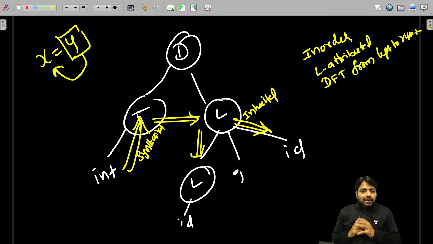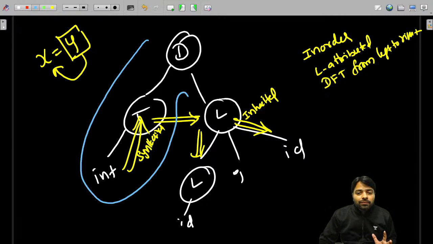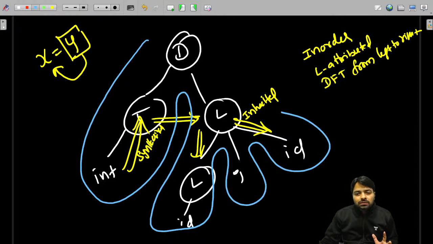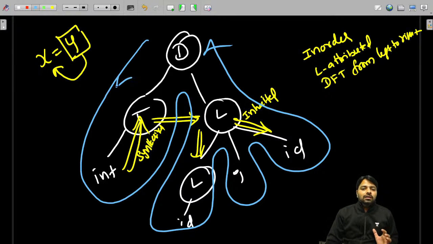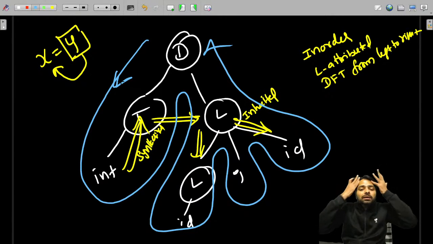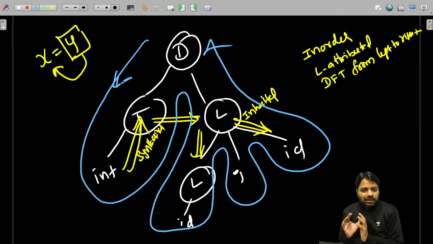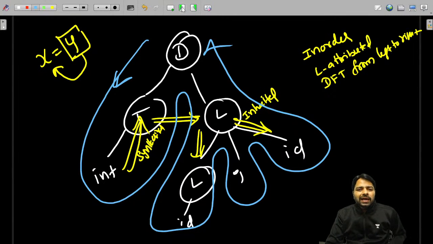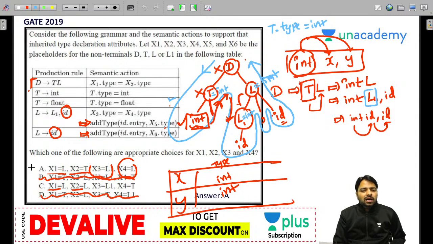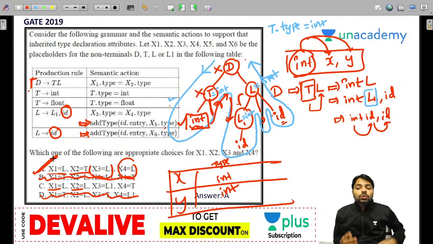Right? Everybody, guys, this is how the computation is happening when you are moving like this, and this is all L-attributed grammars. They are evaluated using the same concept. Everybody, no confusion, I think. So already I have answered, guys. The answer is already clear, A. But to understand that, you need to know how the declaration system is working, and when you are declaring the statement,